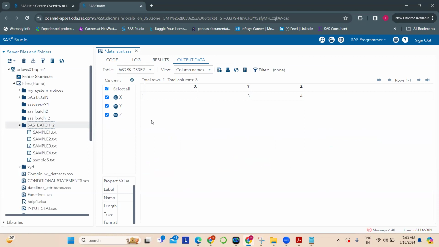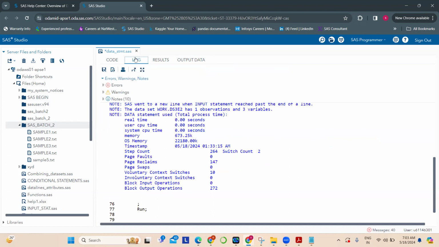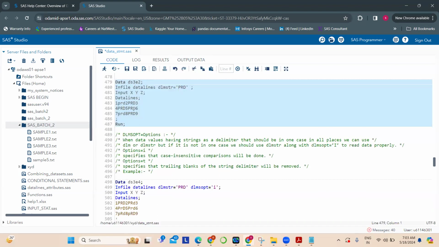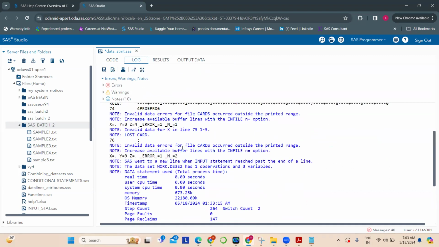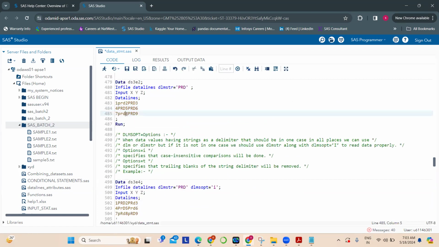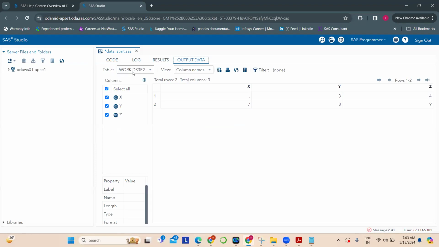See here, we got star. Sorry, missing 3 and 4. What is 3 and 4? We got 3 and 4 as the first line. The data will be completely messed up, so it will take the last one, with the before one and everything. So for example, in your case, if you have the data in that way,